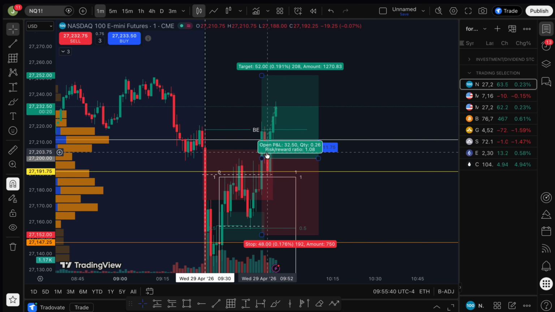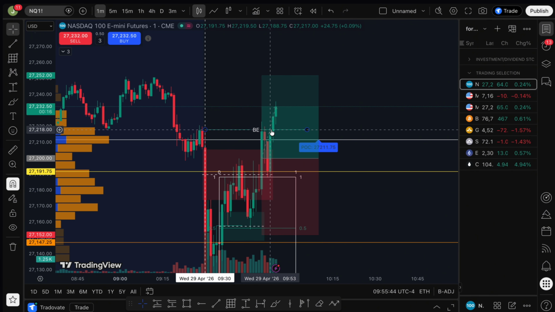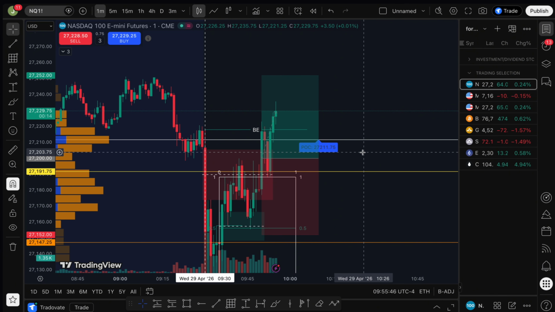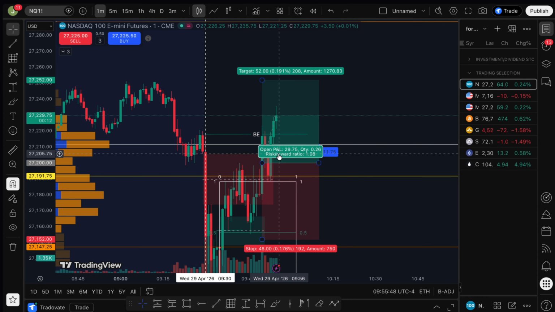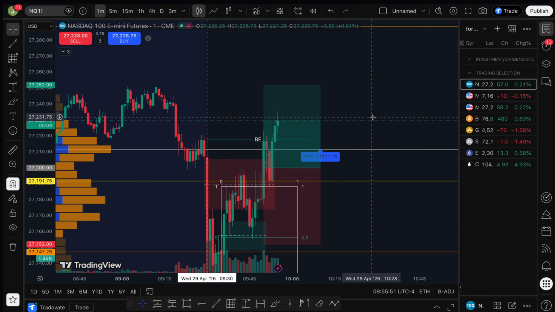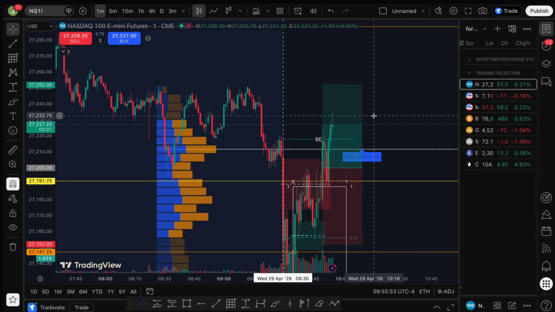We hit break even. Break even was hit. That's okay. Break even was at a good point. I like this break even. We unfortunately just did get hit with break even, and it looks like we are going up, but that's completely fine with me. I'm okay. I don't care.